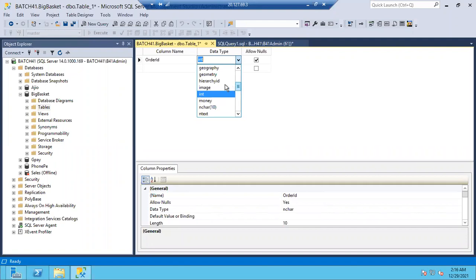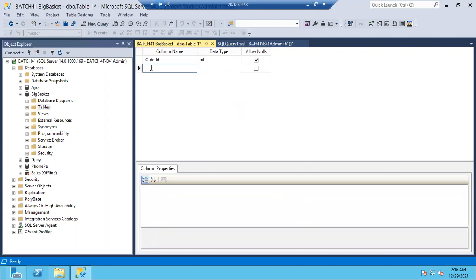If you want to store image kind of data, you can give the data type as image. Then money, nchar, ntext, numeric, nvarchar, real, smalldatetime, smallint, smallmoney, sql_variant, text, tinyint, varchar. So we have different data types. You can give the order ID.